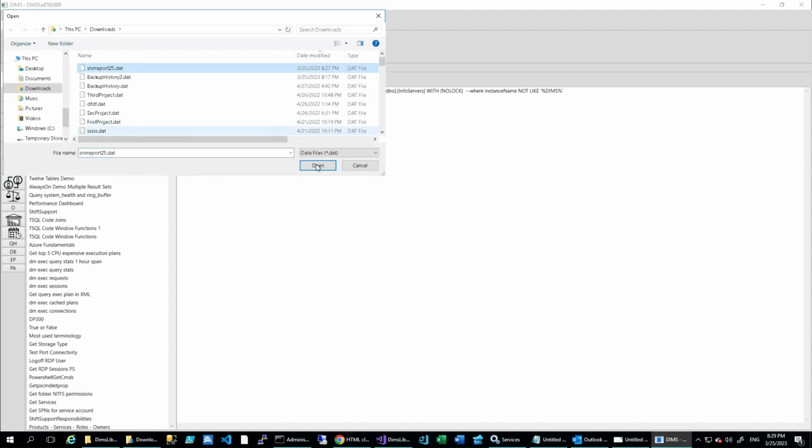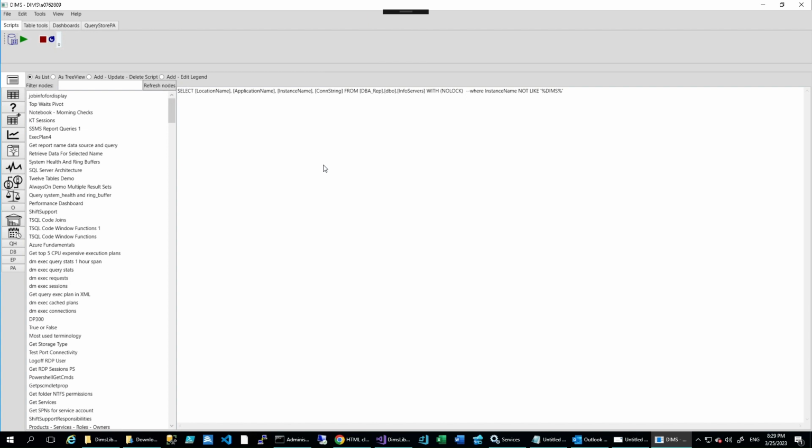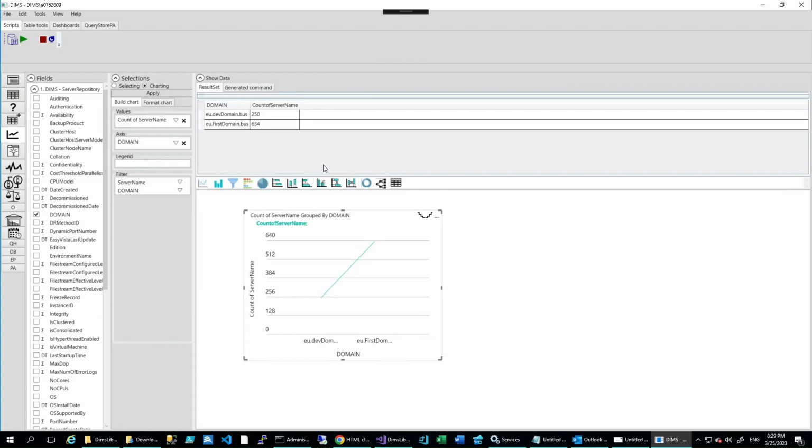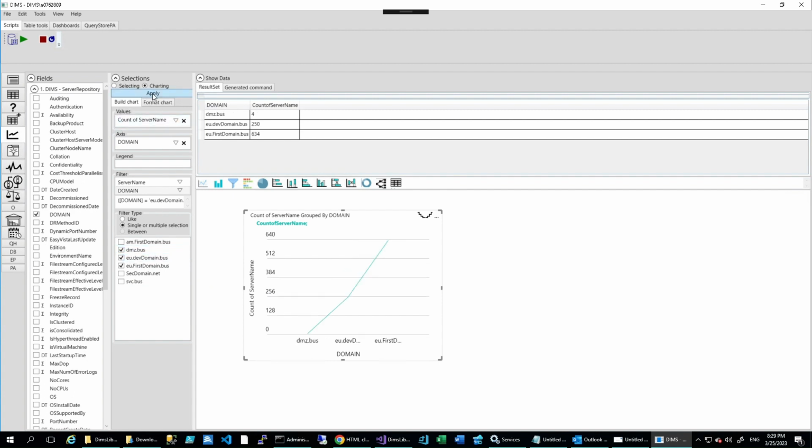We will choose server report, open. Okay, we have this, and if we choose the filter and single or multiple, we have this selected already. So let's say we also want the DMZ to be included in the chart, apply,